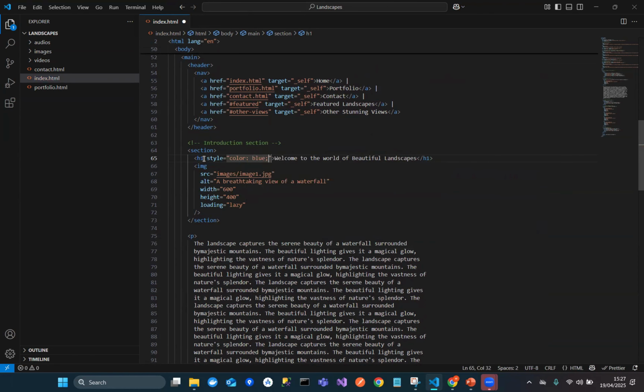Just pick a color, blue. So you can either pick default colors in the system that have been specified, or there's something called color codes. You can use color codes to get your colors out. I'll explain what color codes are in a later section, like a different week, but for now let's just style